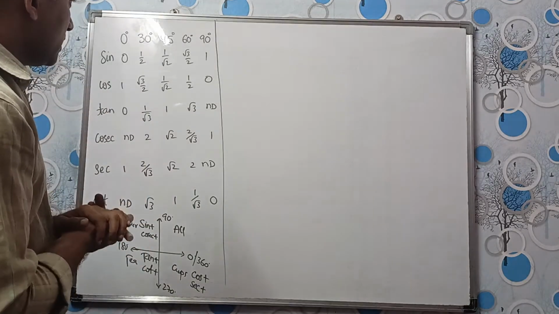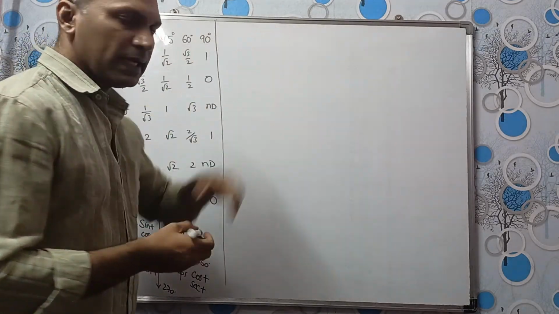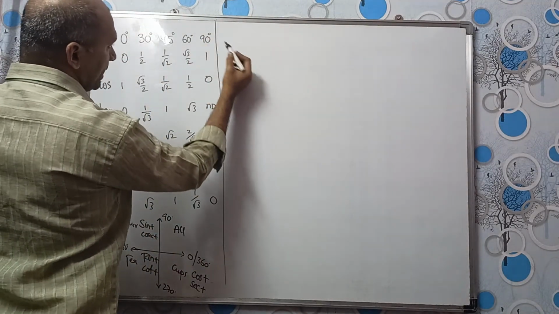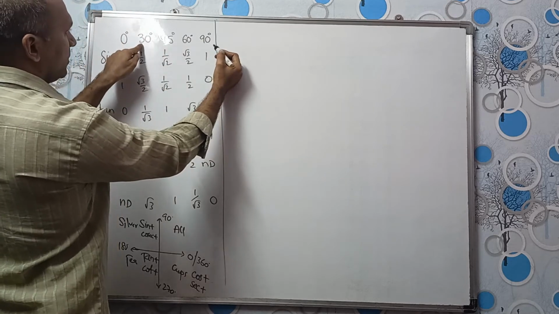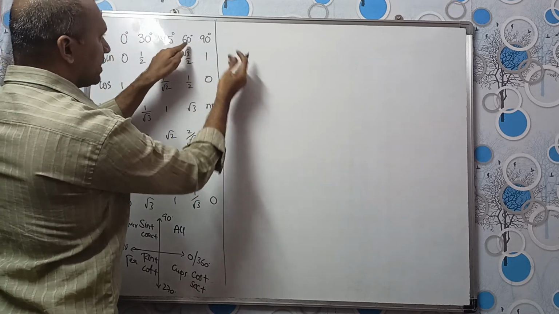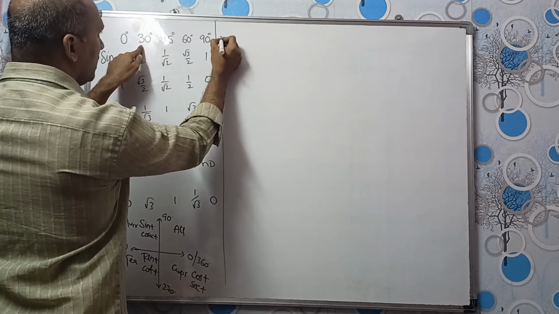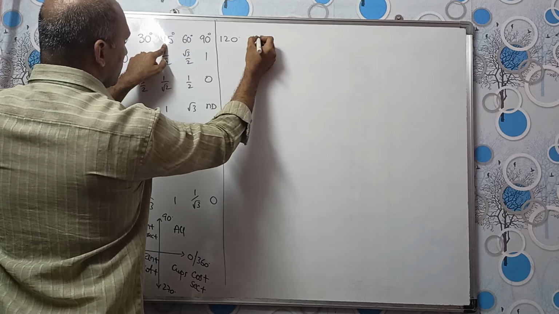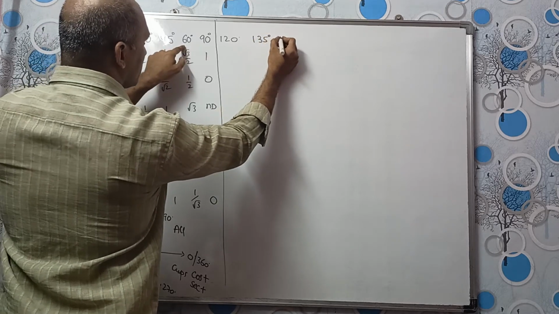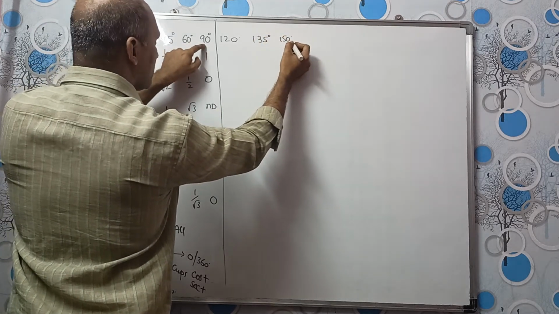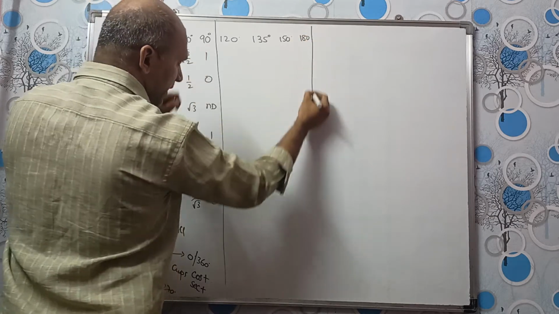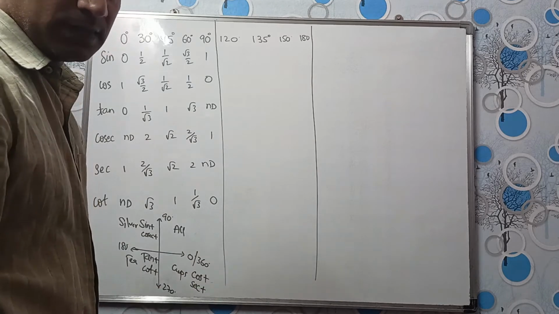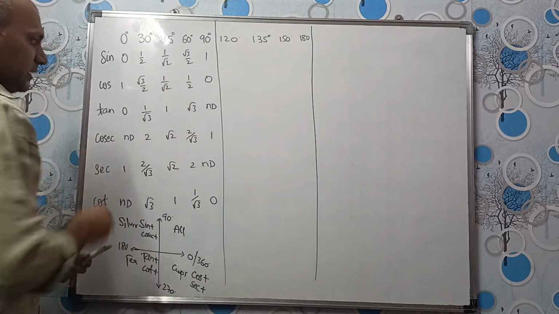Okay, with this knowledge, let us write the remaining standard angles also. See, how should we write the standard angles? 90 plus 30, 90 plus 45, 90 plus 60 values will come here. 90 plus 30, 120 degrees. Okay. 90 plus 45, 135 degrees. 90 plus 60, 150 degrees. 90 plus 90, 180 degrees, right? So these are the second quadrant values now. These angles will lie in the second quadrant, right?